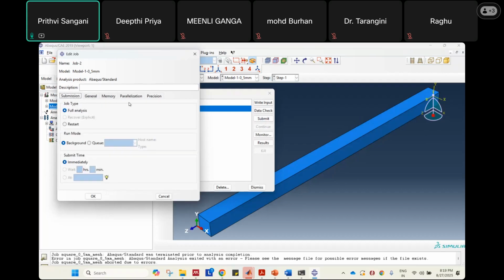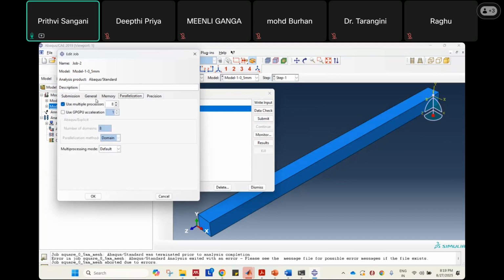this is the thing which actually pops up. You can go to this parallelization, and let us say you have multiple processors. I think my laptop has about 16 processors. Right now you can keep increasing. By default, it is only two processors. So two processors is like